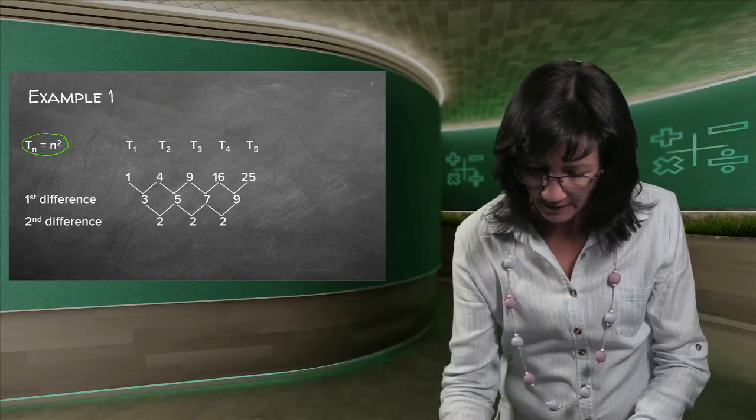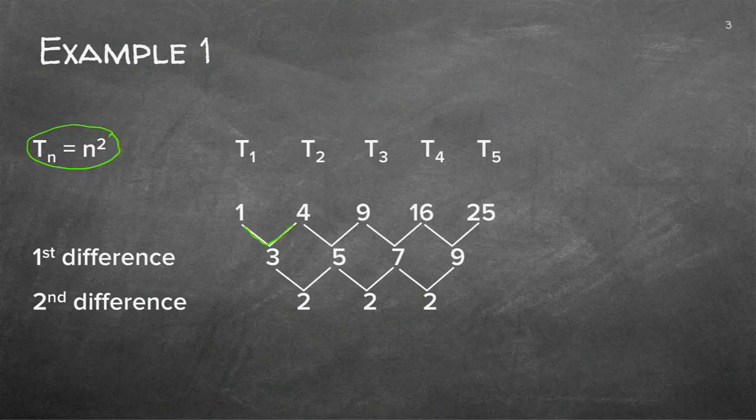Now let's see. If we get the difference, remember the difference is always right-hand side minus left-hand side. Please never swap them around. And that will give you 3. Just to check, right-hand side minus left-hand side, 9 minus 4 is 5.